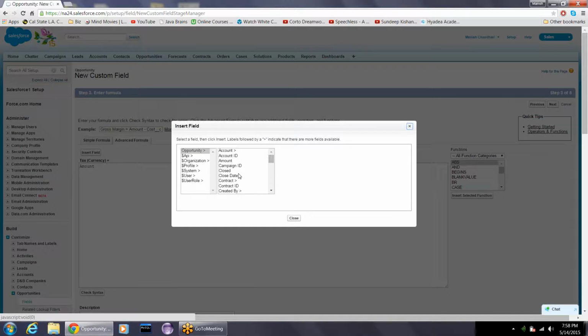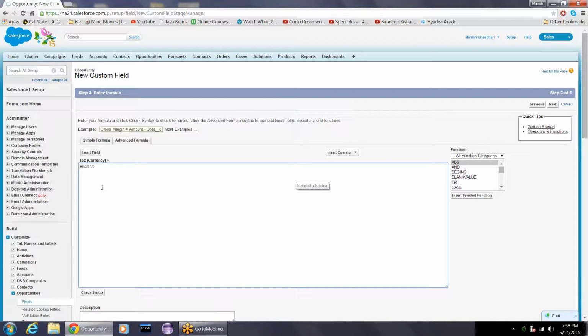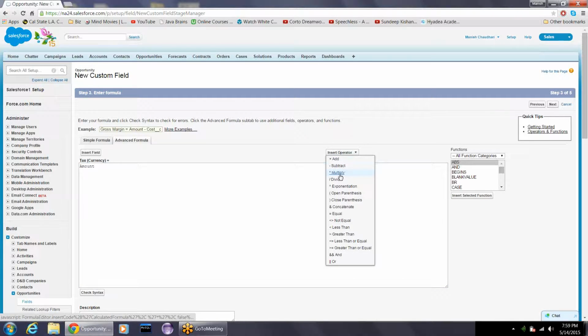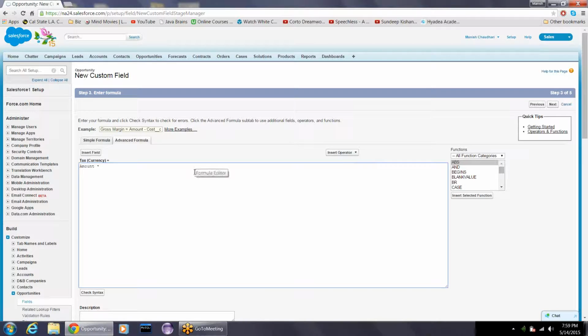From here, you can select any field that you want. So you want to insert amount. So select amount and then you can just insert. Okay. Amount, and then insert operator. So amount into multiply